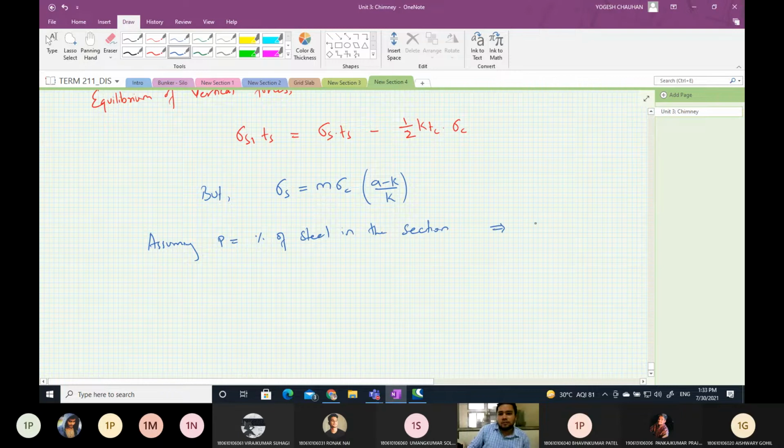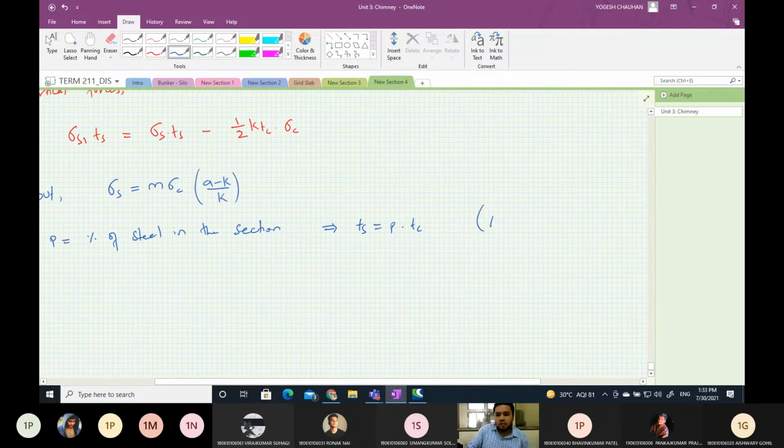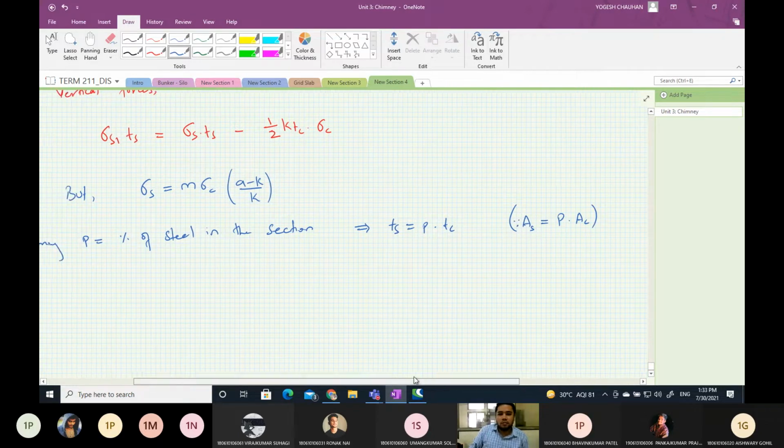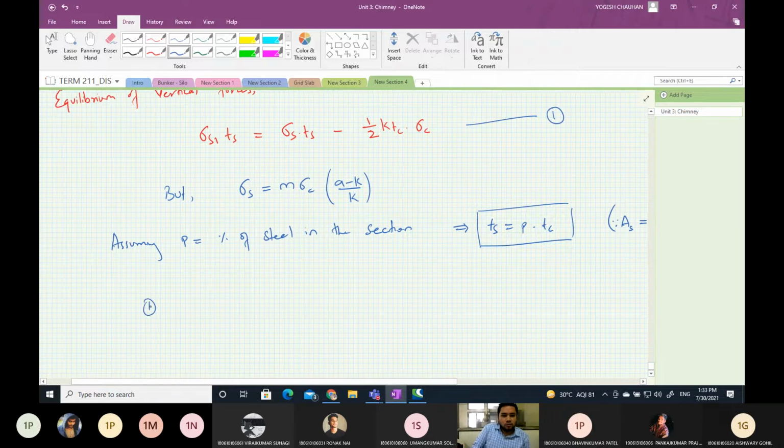So this implies Ts is equals to P times Tc. This is analogous to our case: area of steel As is equals to P times Ac, and we are considering 1 meter width, so it will be proportional. So if we mark this as number 1, so 1 implies